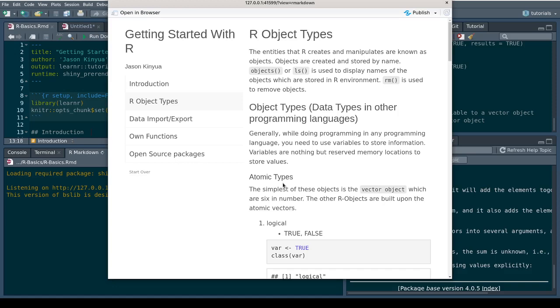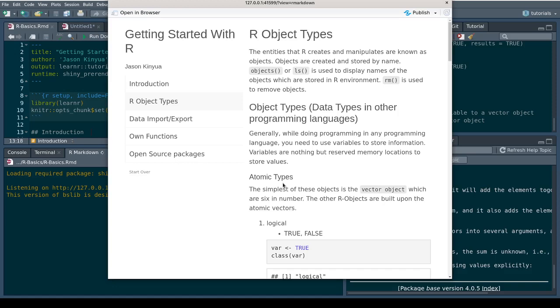A data set that has been loaded into R is an object. That is a data table, data frame, a table, that is an object. A variable that you define in R is an object. Literally everything that you manipulate or use in the R environment is an object.